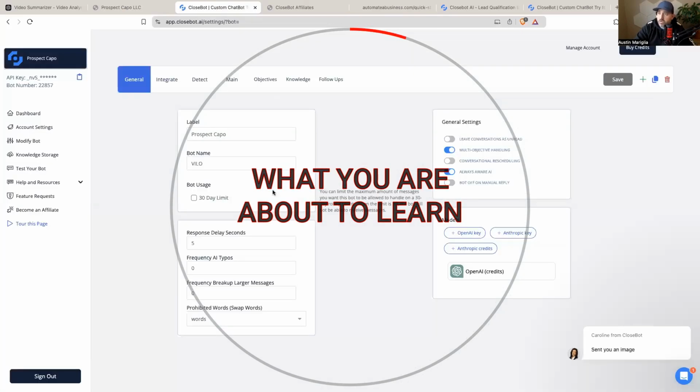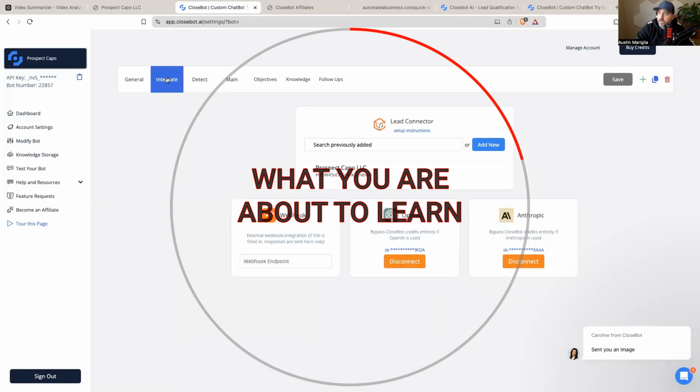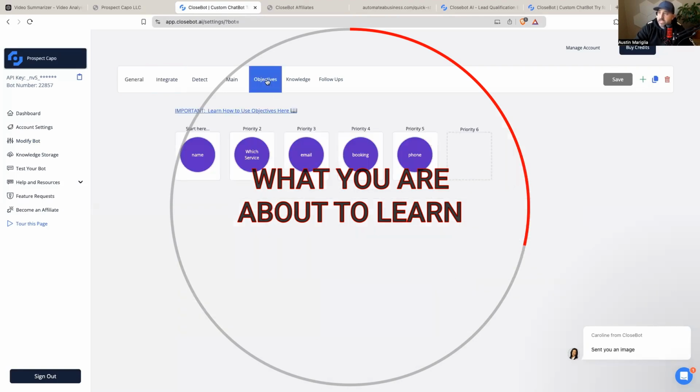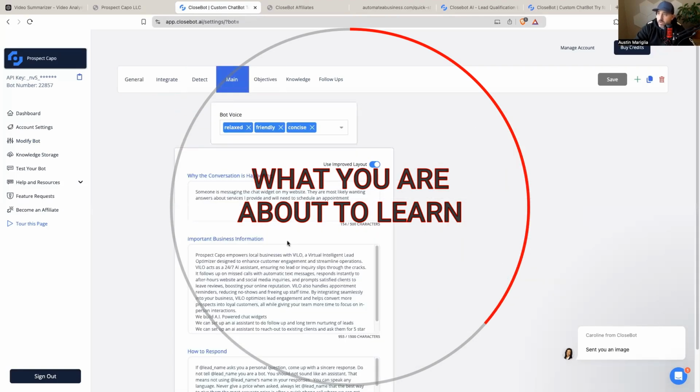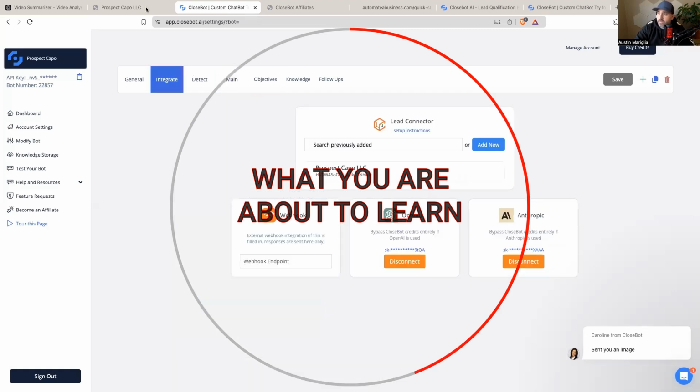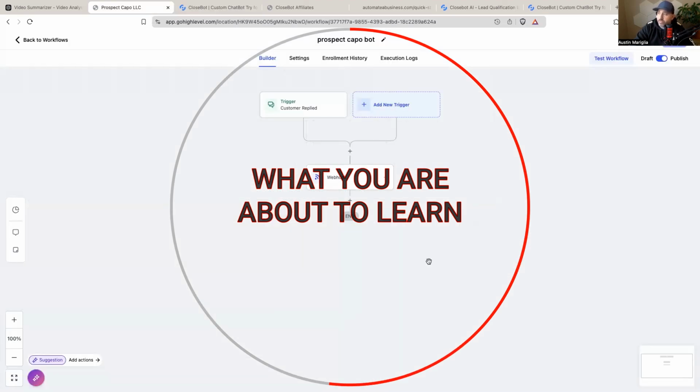So we started our Closebot account. We went to modify bot. We created a bot. We integrated it into HighLevel. We set our objectives. We set our prompting. And now that it's integrated, we go to HighLevel. We create this one workflow. It does need to be integrated into this sub account. And then once the customer replies via whichever channel, it's going to send that webhook and it's going to respond